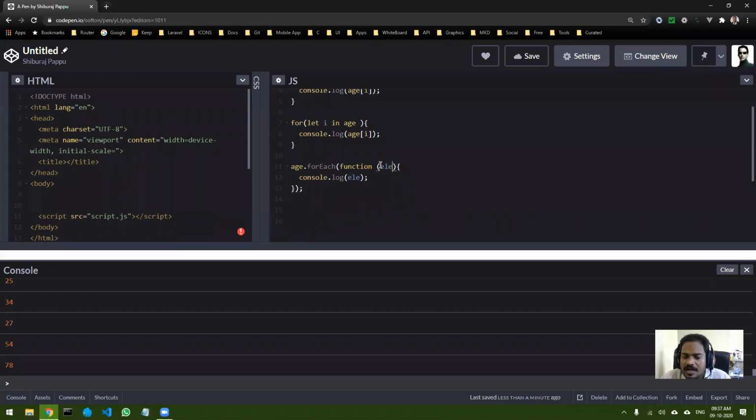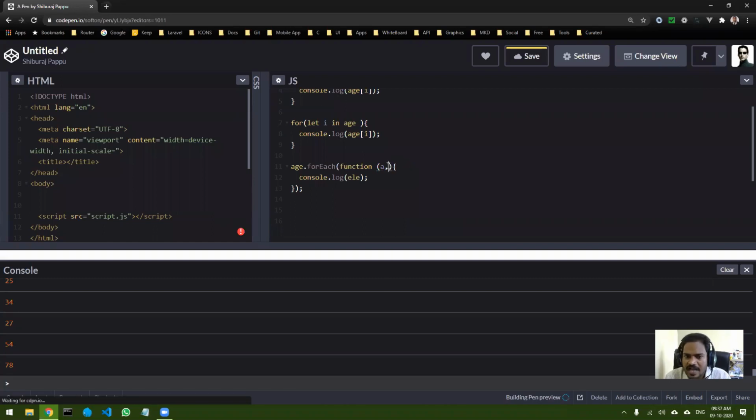I will tell you exactly which parameters this anonymous function can have. The first parameter is the mandatory parameter, called the element. The name of the variable is up to you. You can put it as a, b, c. It is up to you.